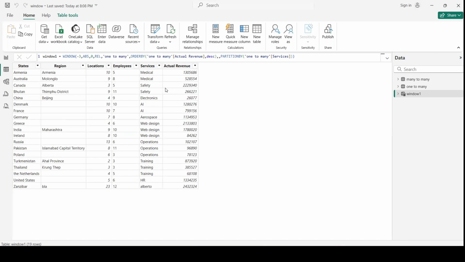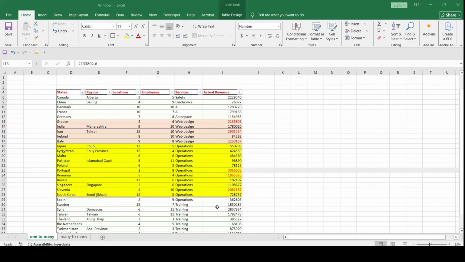Wherever I have, like, medical and safety with two positions, it takes anyway descending, whatever it finds. But notice where I have web design, I have 2.1 million, 1.7, and 84K. Let's just check that. 84K is the lowest one. Let's call it number 3.